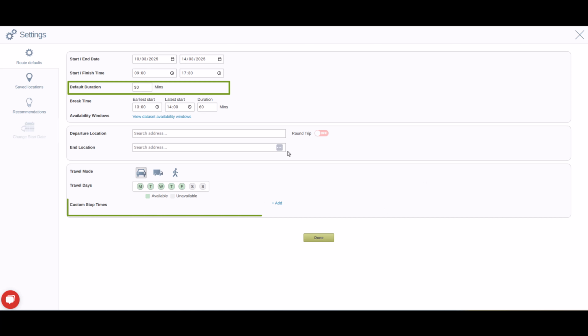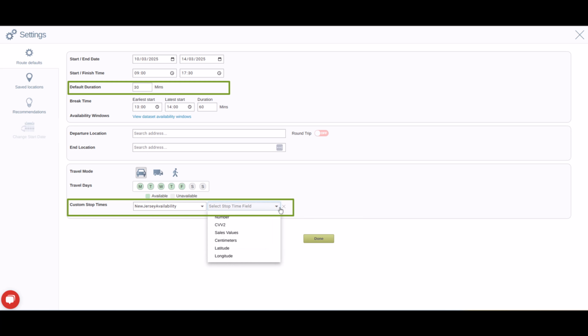You can also set custom stop times to offer you enhanced flexibility as you input variable stop times. For example, allocate 5 minutes to new leads for quick intro and drop-in business cards, or allocate an hour to your most important accounts. Once you include this information in your data, we will build your schedule around this.